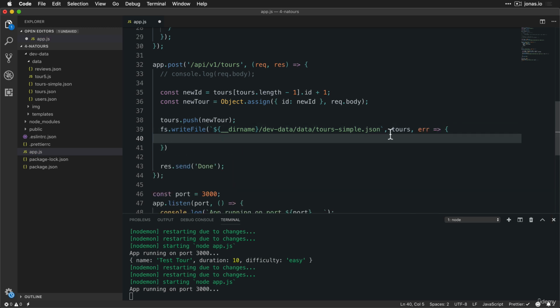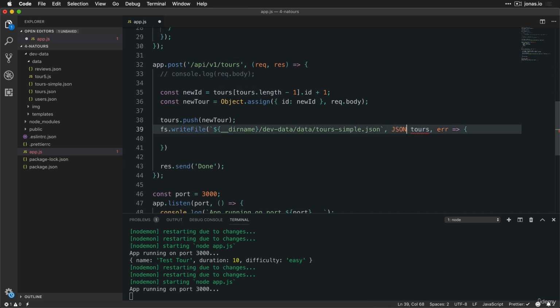Okay, and here I just noticed that we need to also stringify this object, right? So we want JSON in this JSON file, and this right now is just a plain normal JavaScript object, and so we need to convert that. But that's again simple. Already did that, so that's JSON stringify